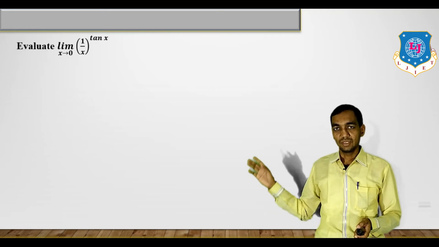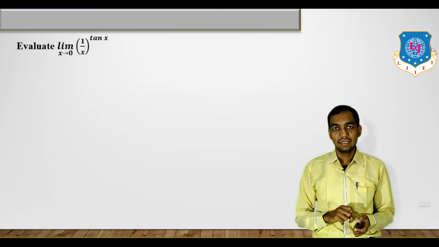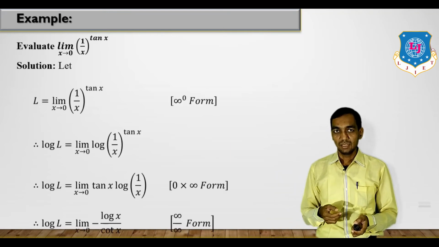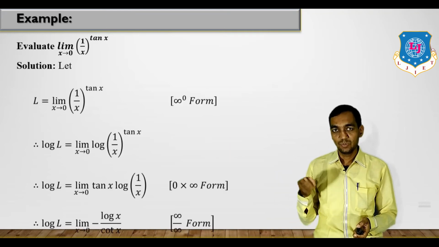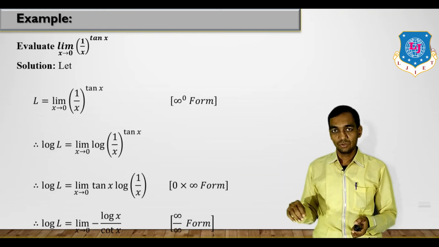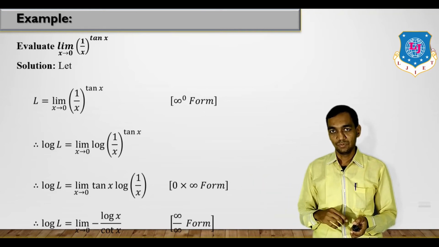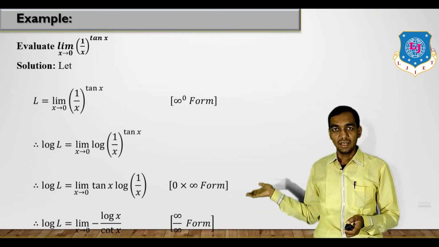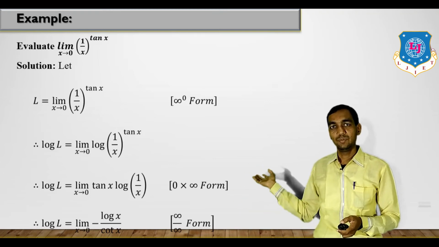In the same manner, another example we have written is limit x tends to 0 of (1 upon x) raised to tan x. Now see, x tends to 0, that means 1 upon x has a value infinite, and tan 0 has a value 0. So this is the infinity raised to 0 form. Now for infinity raised to 0 form, again taking log both sides and using the property of log,